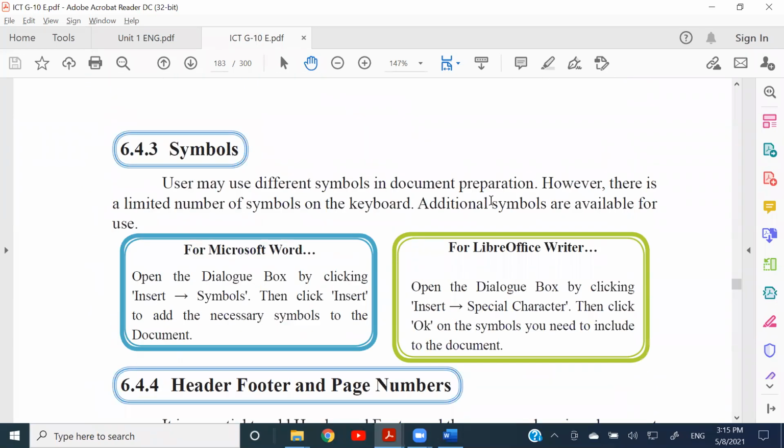And I didn't go through the symbols. Let me show it to you. If you need to apply some different symbols,